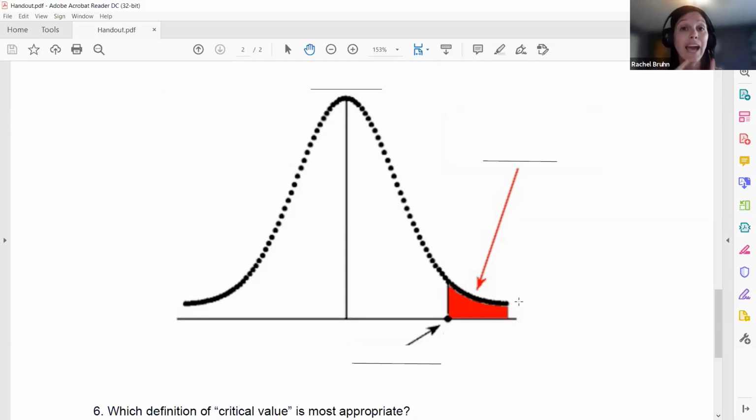So yes, I could have a critical region that would fall into both tails. In that case, one tail is just going to be irrelevant. You run your data, and if you get a test statistic that's positive, then it's going to be the upper tail. If you get a test statistic that's negative, again for a normal distribution, then you're looking at the lower tail, and you would ignore the other tail.